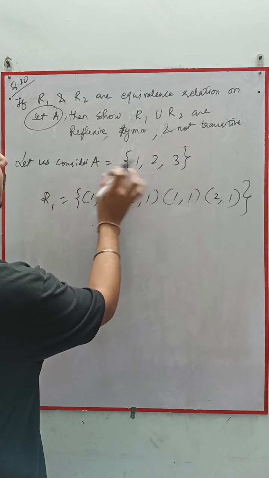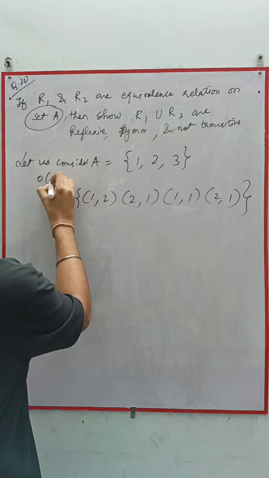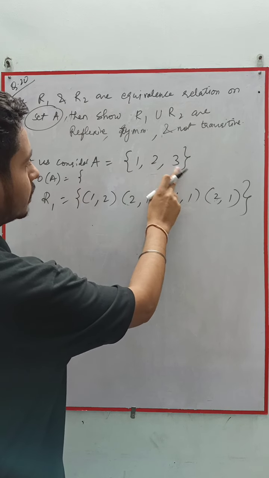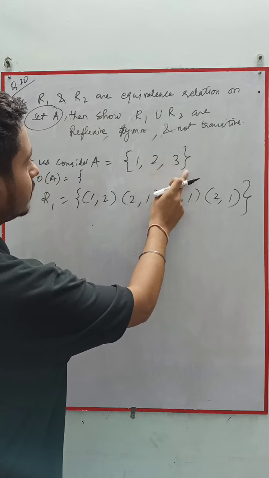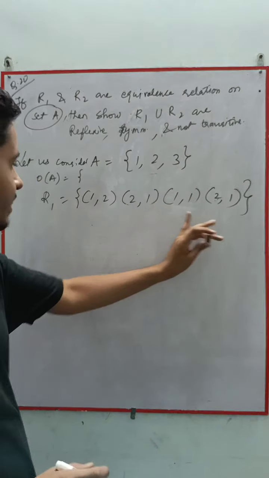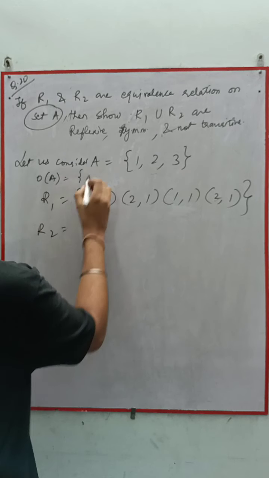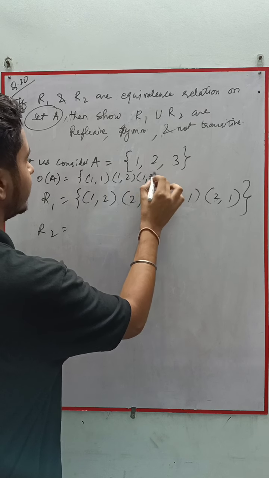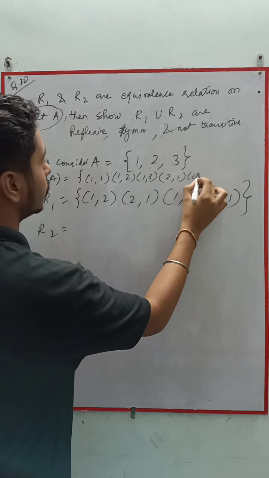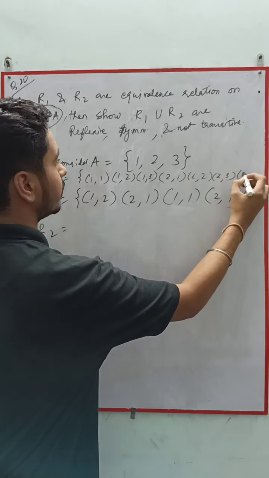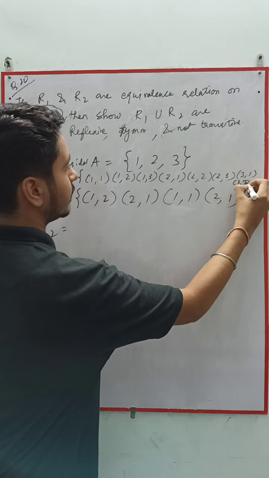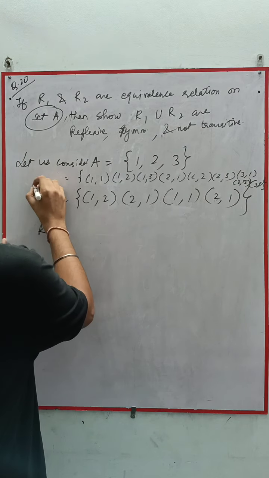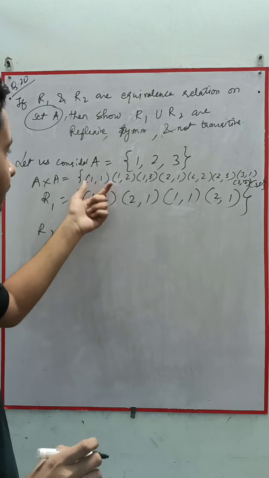Do you know how, if we have set A, we can make the ordered pairs of this one? What will be the ordered pairs? 1 1, 1 2, 1 3, 2 1, 2 2, 2 3, 3 1, 3 2, 3 3. So from there I have selected this R1. Okay, so please write first of all 1 1, 1 2, 1 3, then 2 1, 2 2, 2 3, then 3 1, 3 2 and 3 3. Okay, so this will be the ordered pairs A cross A, and from there the relation I have selected